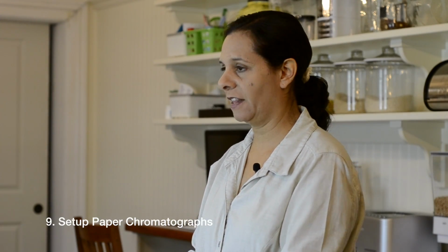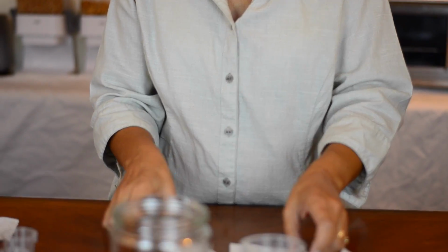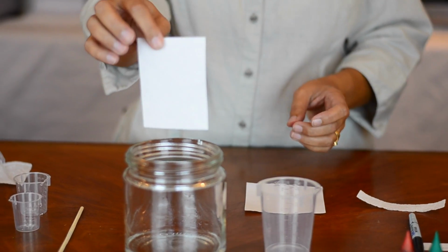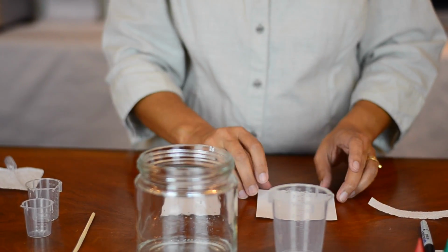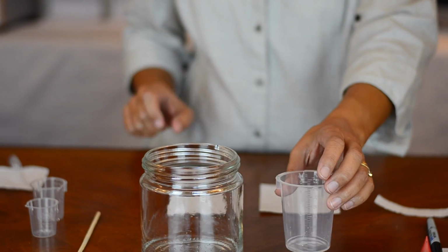Okay, now that we have everything set up, we're going to get the ball rolling. The first thing we're going to do is set up our paper chromatographs. These are the square sheets of paper that you should find in your kit. And I'm going to do two. I've made one a little more narrow so I can hang it in my wide mouth jar. And then this one we're going to leave as a square and set it up as the book instructs in